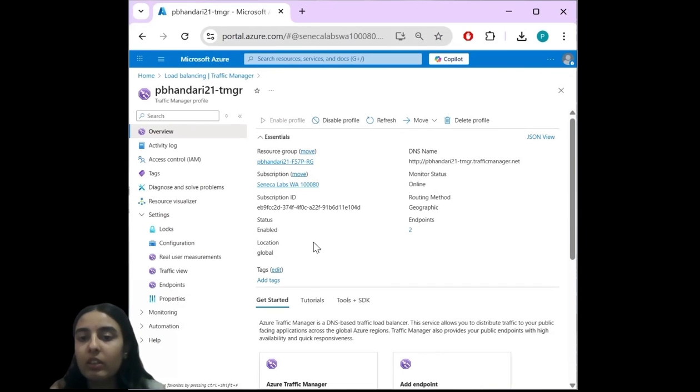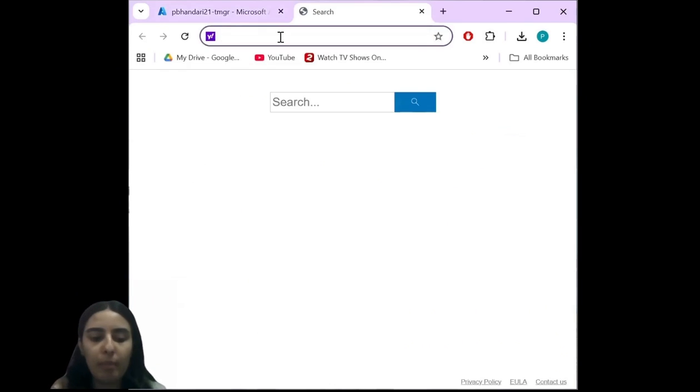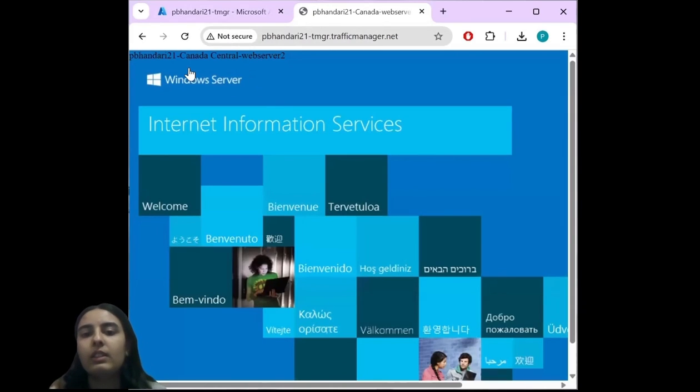However, when I access this address using the client VM, it's gonna direct me to the Spain region, since Africa is closer to Spain Central than Canada Central. So when I copy this to the browser from my local computer, it's gonna direct me to the Canada Central